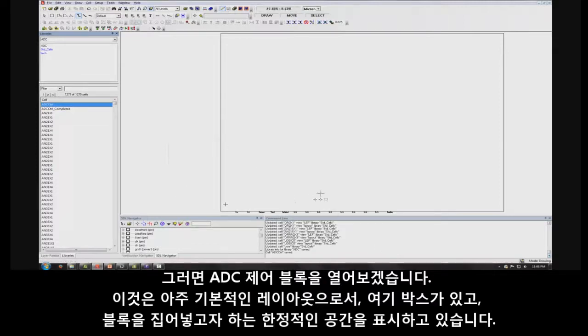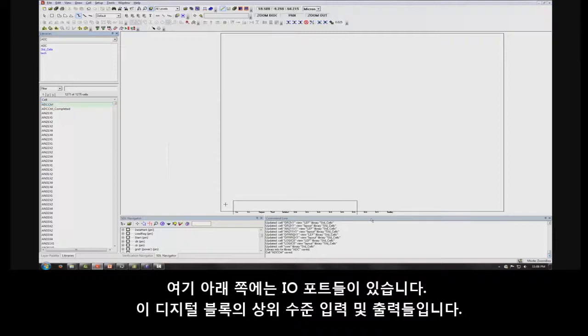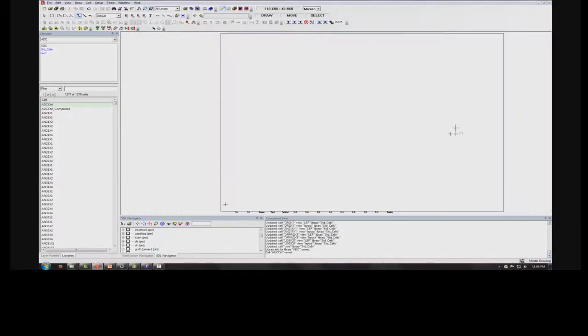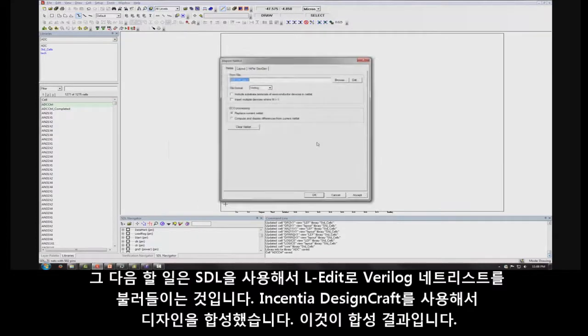Here we've got just a very basic layout. We have a bounding box which defines the area I want my placed surrounded block to fit into, and I have a few I/O ports down at the bottom, the actual inputs and outputs of my digital block. The next step is to import the Verilog netlist into